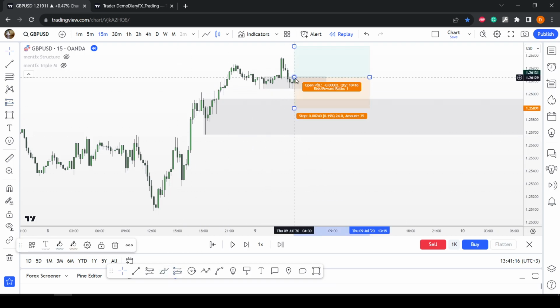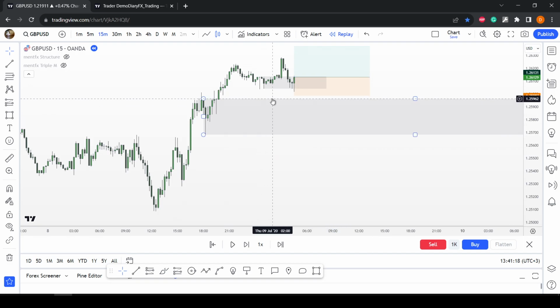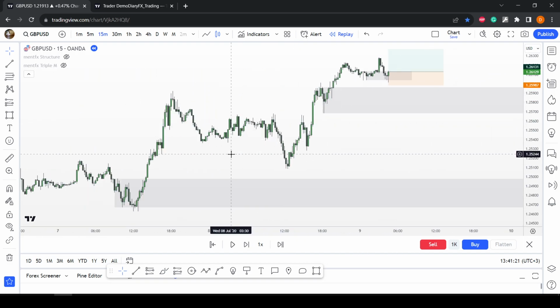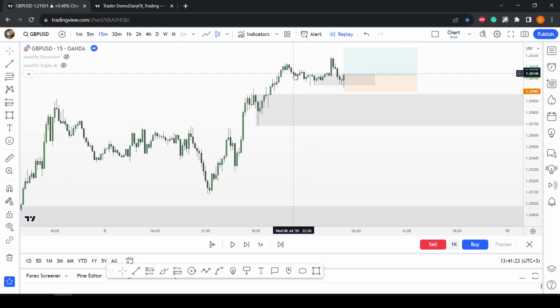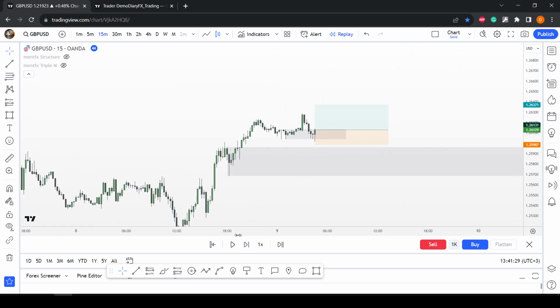If we enter from here, having all this zone here and overall a bit overextended after the break, yes, it can go, but when we are entering on this zone, we can have a lot of options that can knock us out of the trade. But usually when we are entering on a break,